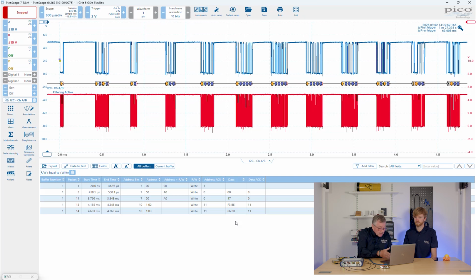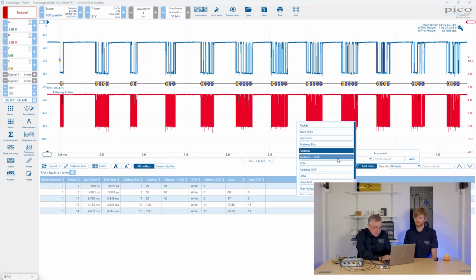Add that filter, and we're down now to just the writes from the controller to the slave device. Now in this case I've got 5 or 6 packets that have come down, but it could still be tens or even hundreds of packets. So it then could be that I'm interested in just specific data or the specific index of data. So I'll add another filter,